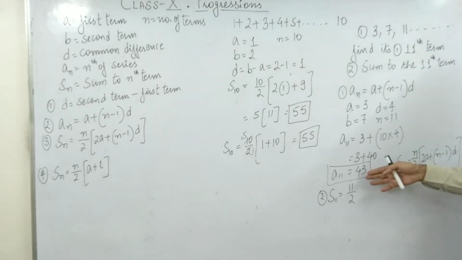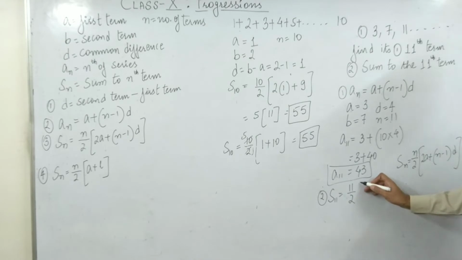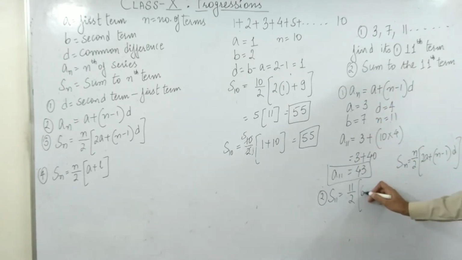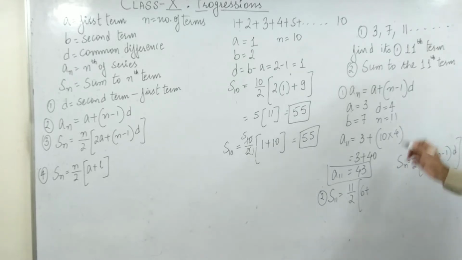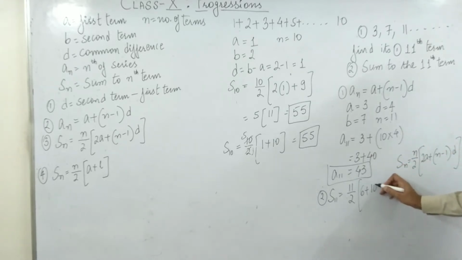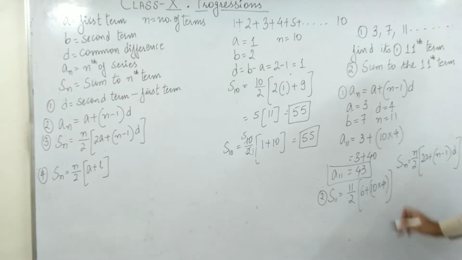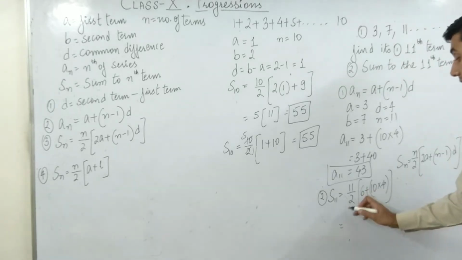तो यदि आपके पास सीरीज की लास्ट टर्म ऑलरेडी आ चुकी है और फर्स्ट टर्म ऑलरेडी है, so can you apply some other formula? You can apply formula number 4 also, but for the rest, everybody, you have to apply this formula. So let's find out S11. It should be equal to 11 by 2 bracket 2 into a, 2 into 3 comes out as 6 plus n minus 1, 11 minus 1 is 10 into d. What is d? d is 4.